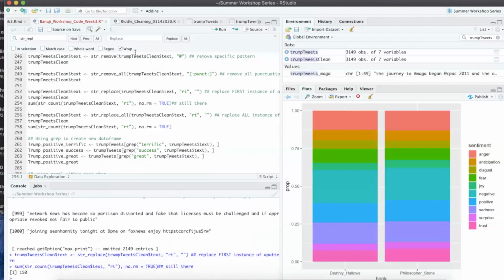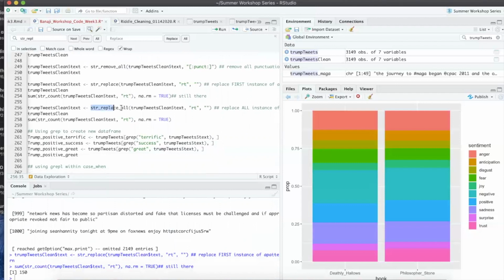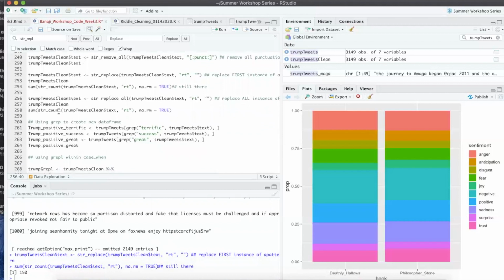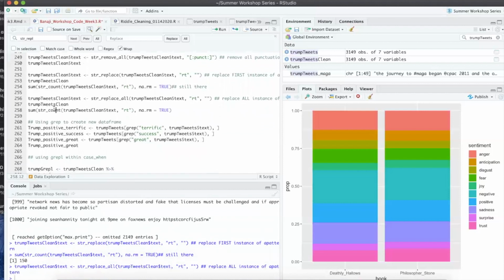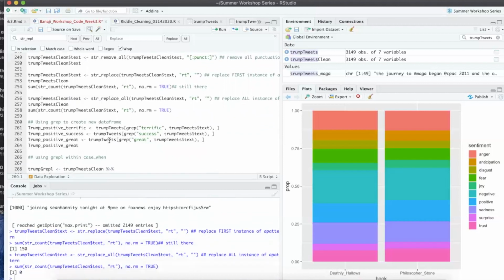And that's because even though typically retweet goes at the beginning of his tweets, there still were some there. And so I was going to mention that if you use replace all, then it's going to replace all of the instances, versus just string replace is replacing just the first instance. And so when we do this replace all, if we count again, we can see that now we have 0